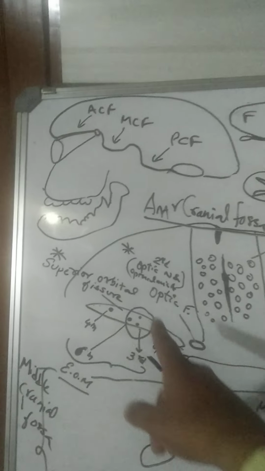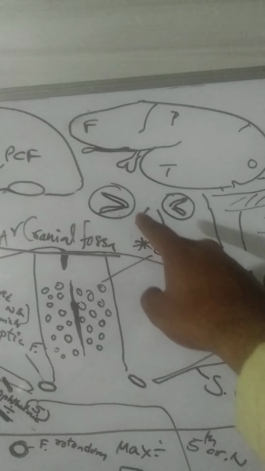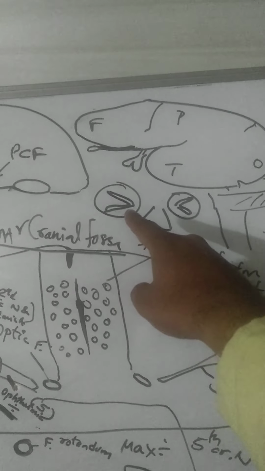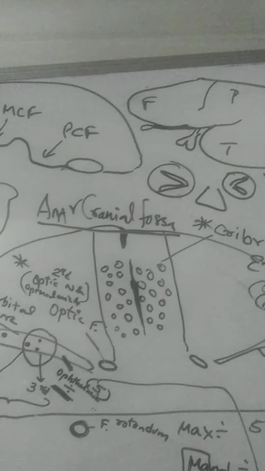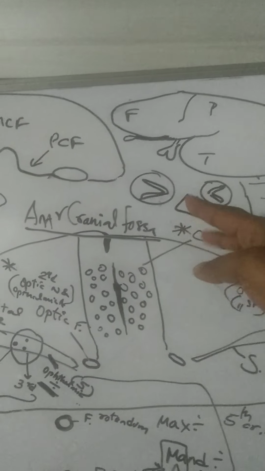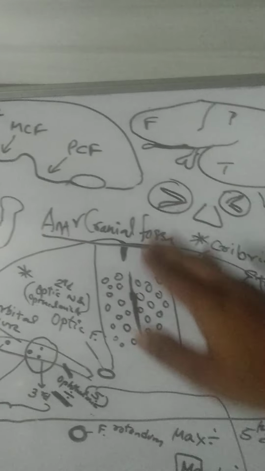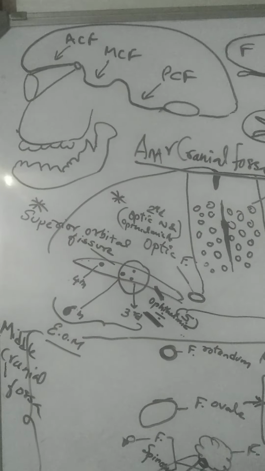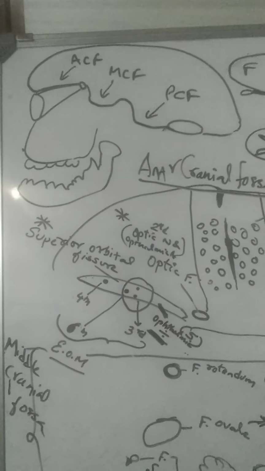The next one is not a foramen. It's a deep cleft. If you see the orbit from the front, this is how it looks. There are two fissures, the superior orbital fissure and the inferior orbital fissure. Both are in the form of a V shape, but through the superior orbital fissure structures pass. The inferior orbital fissure is covered by the fascia periorbita, the connective tissue covering. Only an emissary vein can pass through the inferior orbital fissure.